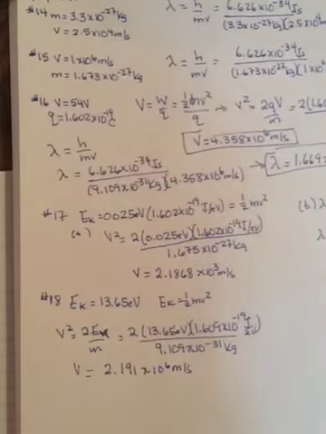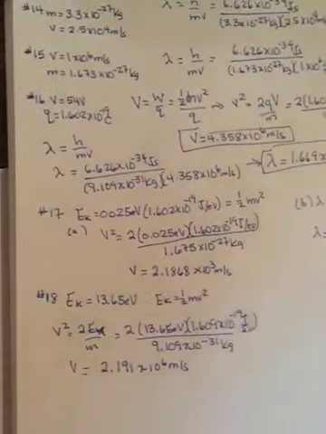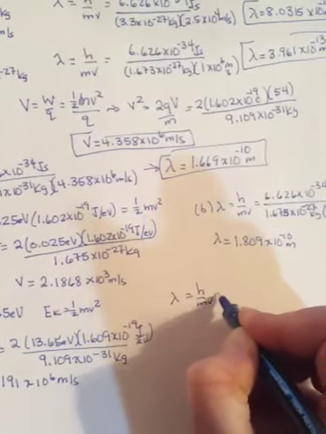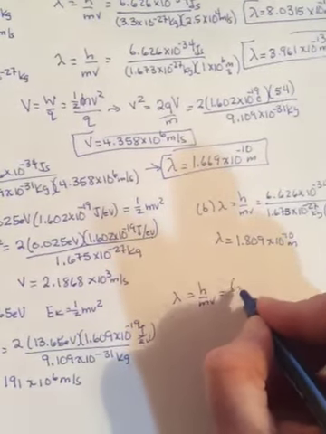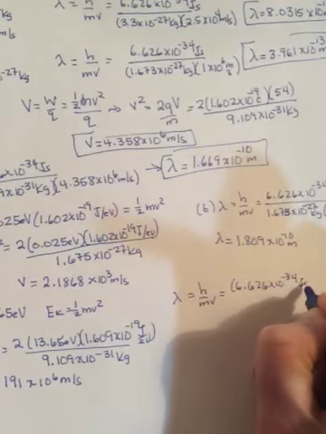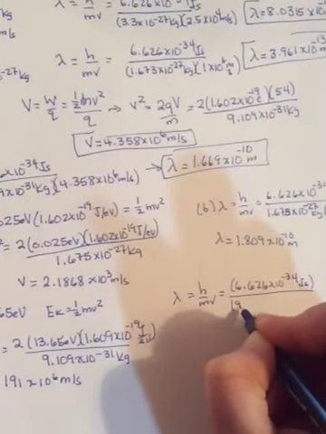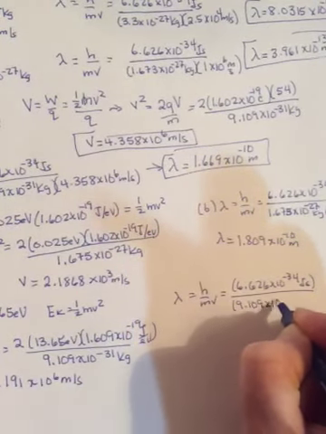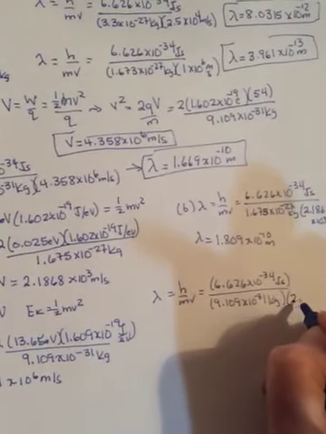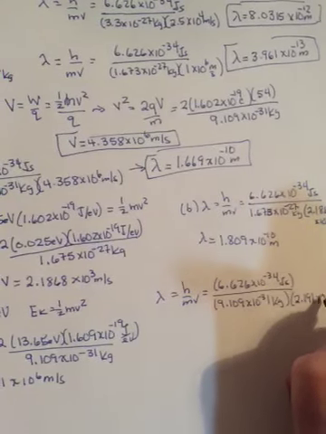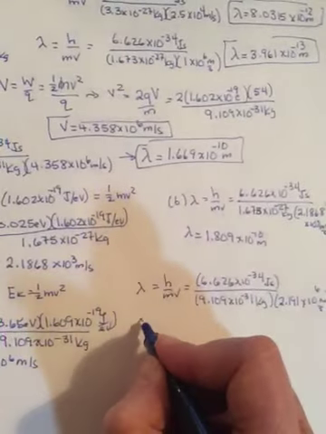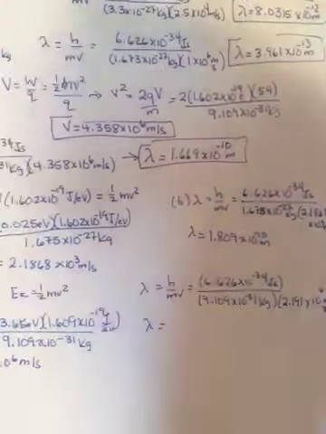That's part A. Part B says, calculate the de Broglie wavelength. Imagine. Lambda equals h over mv. At some point they should give us the lambda and make us rearrange this, don't you think? 6.626 to the negative 34 joule seconds. Mass of an electron, 9.109 to the negative 31 kilograms. And 2.191 to the 6th meters per second. And we get a lambda of 3.0